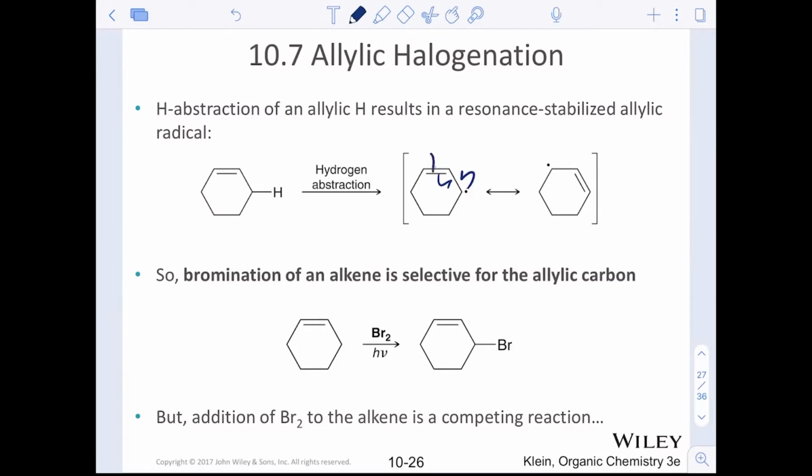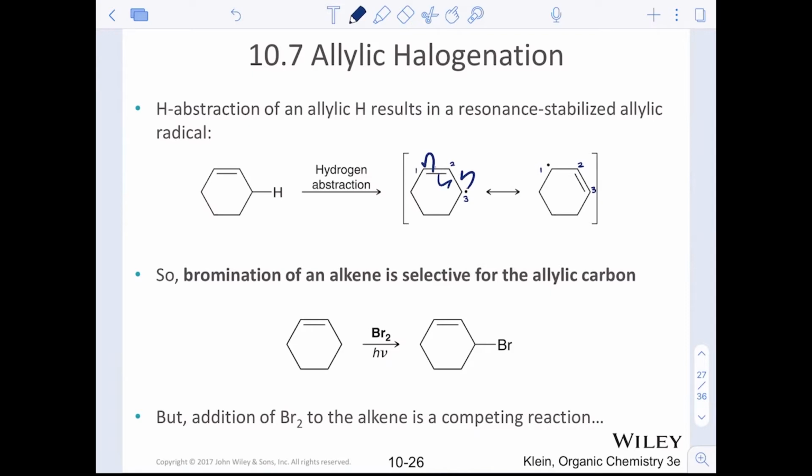The second electron from the pi bond is going to become a radical on the top left. Let's label these 1, 2, and 3 for the carbons so that we can see the rearrangement there, the resonance stabilizing effect. So when we think about that allylic position, we can do bromination of that allylic position, but